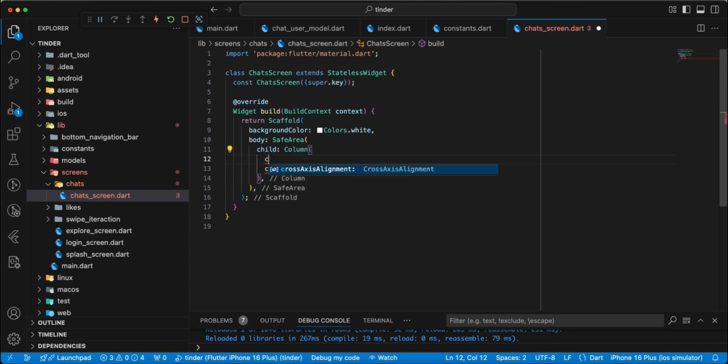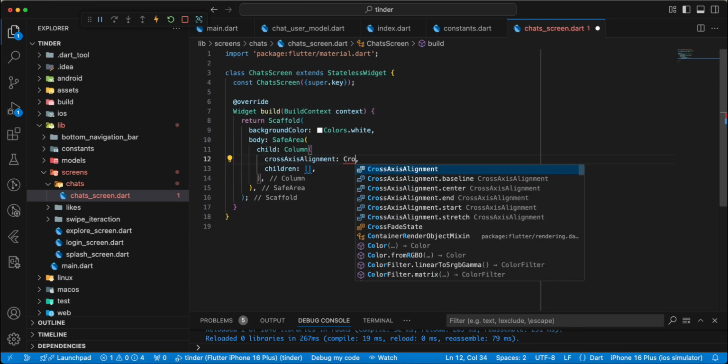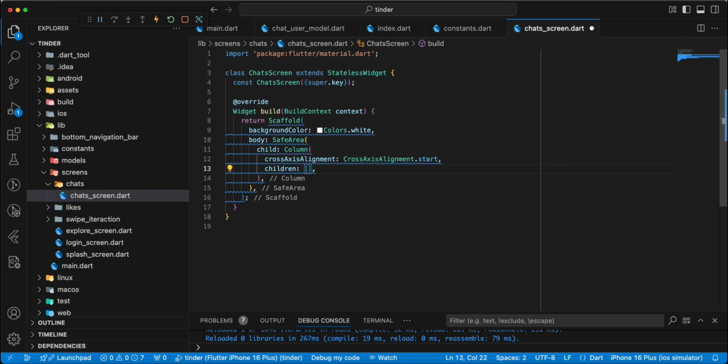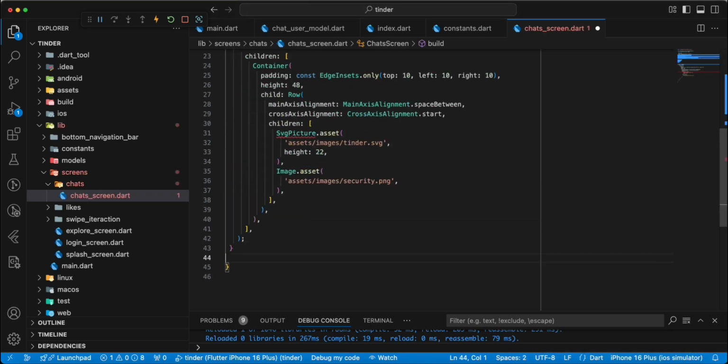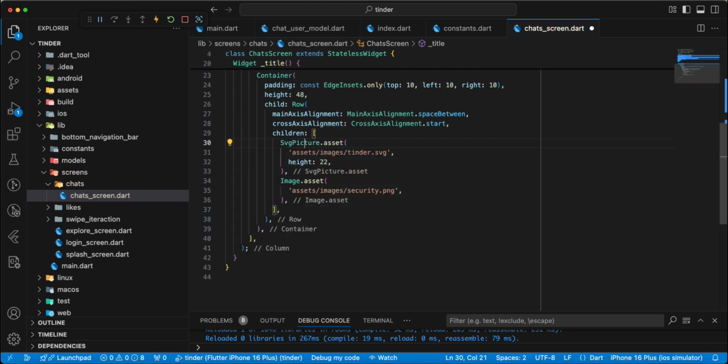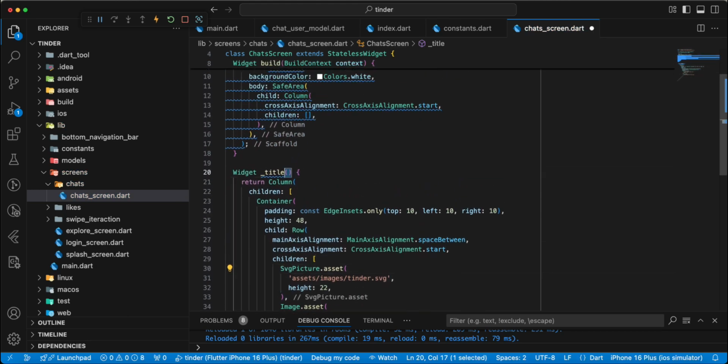add parameter cross-axis alignment start, and now we add title, add import Flutter SVG,